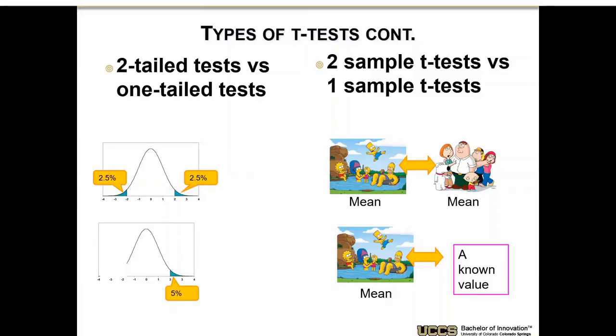There's a chance that algorithm A is better than B, there's a chance that algorithm A is worse than B, and I don't know which it is. My test is just, are they the same? Another test, the one-sided t-test, says algorithm A is better than algorithm B. So here, if I have 5%, I'm looking at the area under just this part of the curve, ignoring this